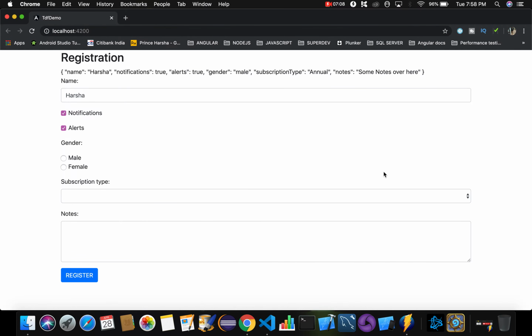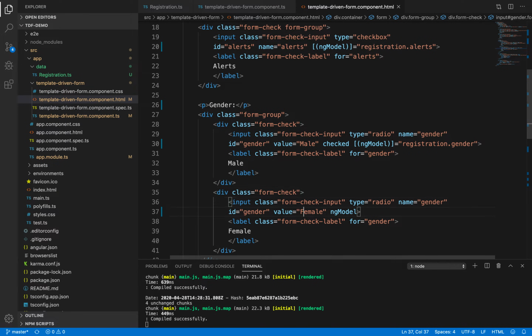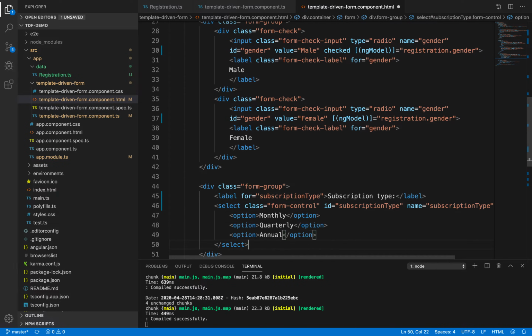Registration dot subscription type. This is also for gender. Next for subscription type.